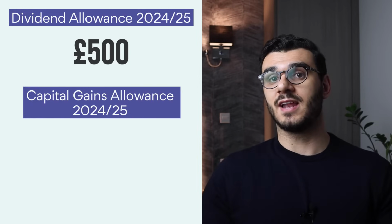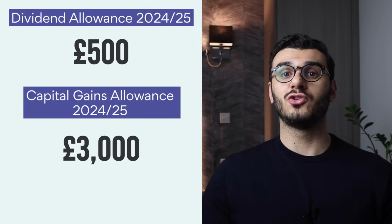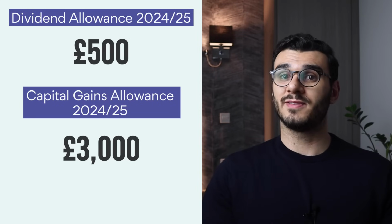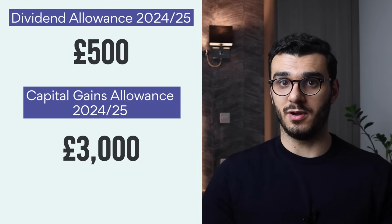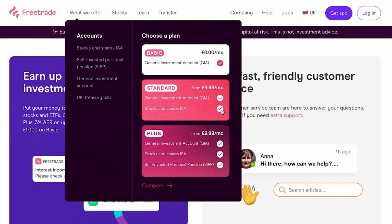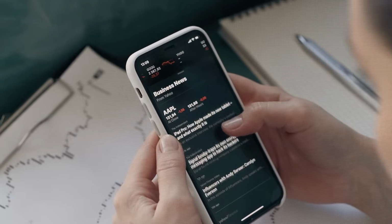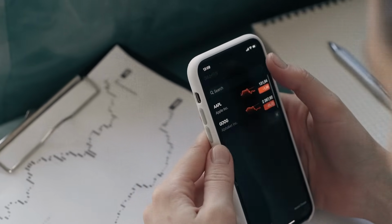And the capital gains allowance currently stands at £3,000 per year. This is very low compared to previous years when it used to be £12,300 per year, but I still think that it will be fine for a lot of people. Because the reality is that most of the Stocks and Shares ISAs are not free. For example, Freetrade charge $4.99 per month to have a Stocks and Shares ISA with them, whereas their general investment account is free. The point I'm trying to make here is that if you just wanted to play around with small amounts of cash on an investment app to just get used to things, then you don't necessarily need to